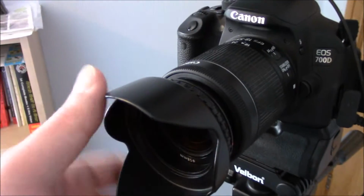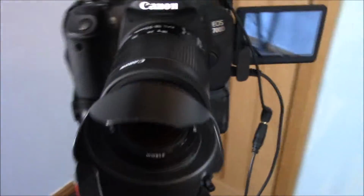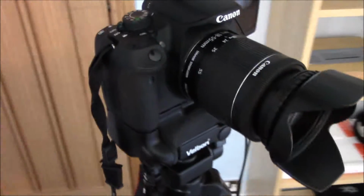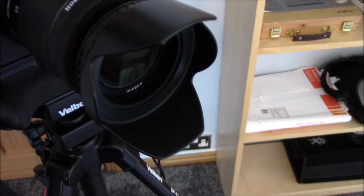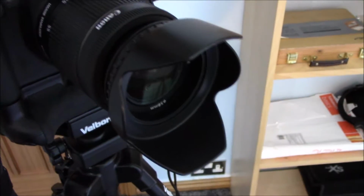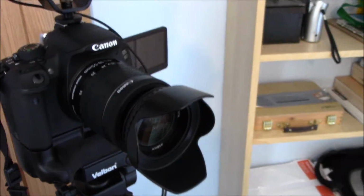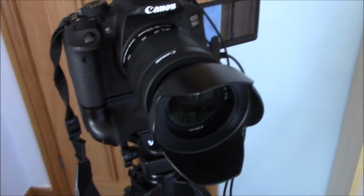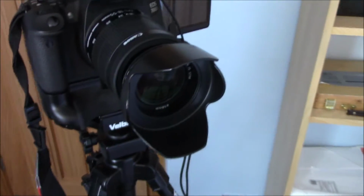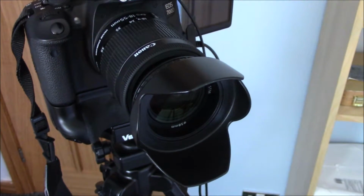And I'm not actually going to review the lens for it here because there's no real point in doing that. It's there, it works. I probably don't really need it for indoors use, but I can't be bothered to take it off, so it's on there all the time. I also make use of a wide-angled lens as well, which this is not compatible with. So the wide-angled lens never has any kind of hood attachment on because I don't have one that fits. And I don't think I'll bother getting one for it either because,